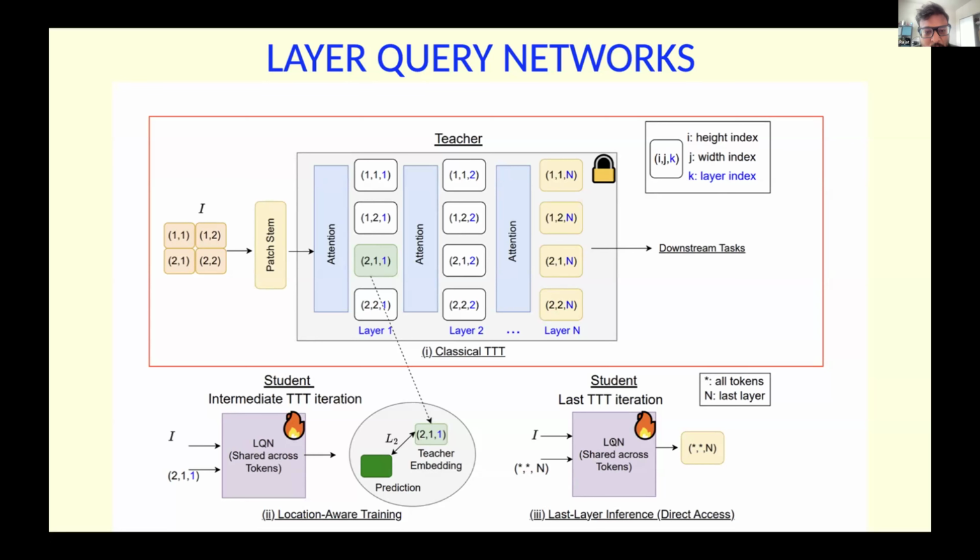So is it fair to say you're distilling a big deep model into a smaller, shallower model? Yes. Okay. And we have this notion where you can access any layer of the bigger model in constant time now, because you can index into it and directly query the small student. Got it.